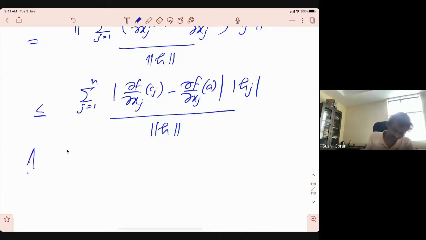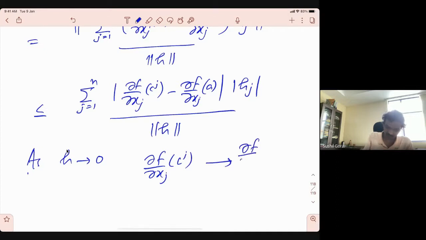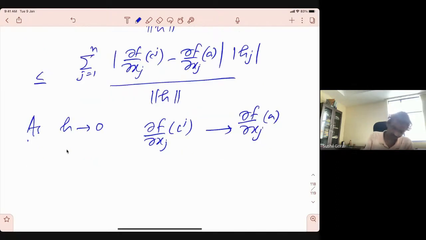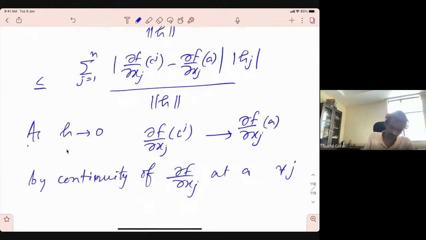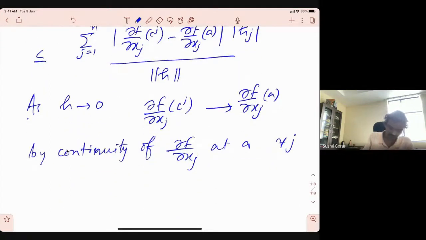So as h tends to 0, del f by del xj at cj, sorry, cj is upper, superscript. This converges to del f by del xj at a by continuity of del f by del xj at a. This is true for all j, right? So this implies